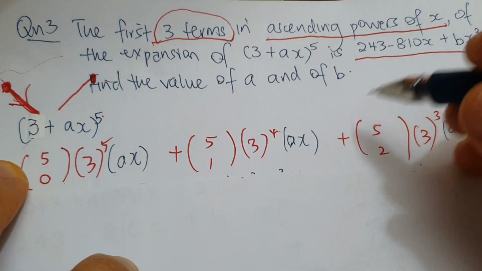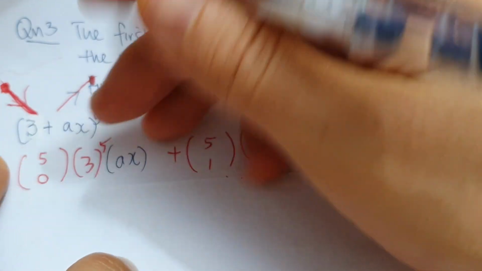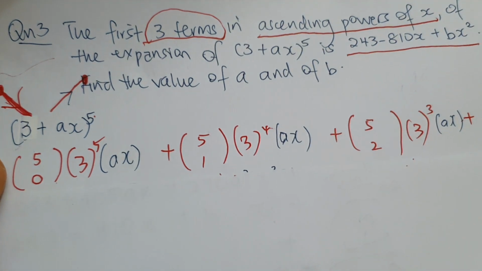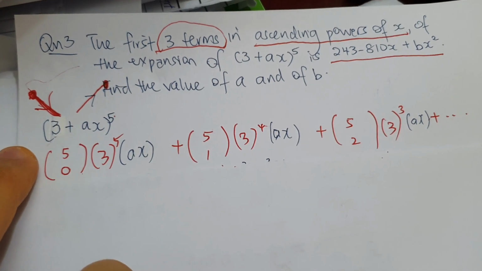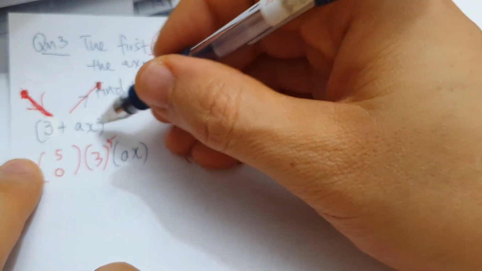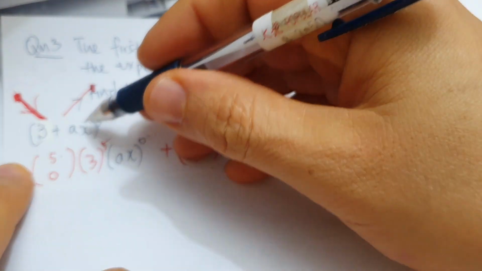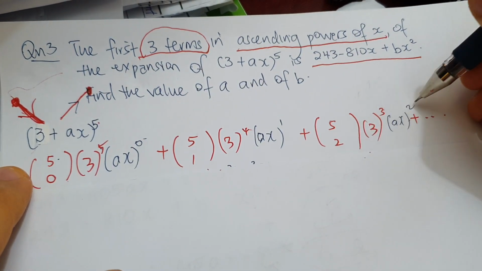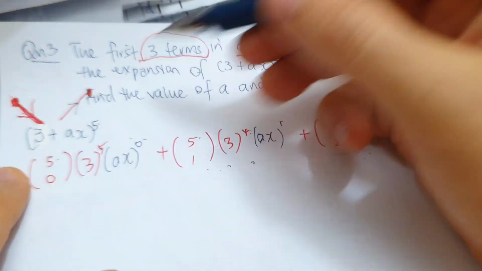So you do things systematically like what I'm doing now, you will not make any mistake, and this will give you the answer mark. Okay, it's either 1 or 2 marks in the exams. Alright, now normally it's 1 mark. Now this one starts from 0. Okay, these two must add up to 5. Okay, then next higher power 1, then 2. Okay, notice this always adds up to 5. Alright,